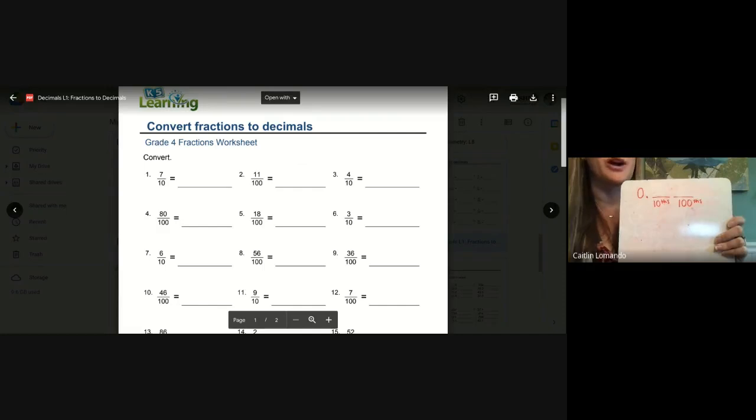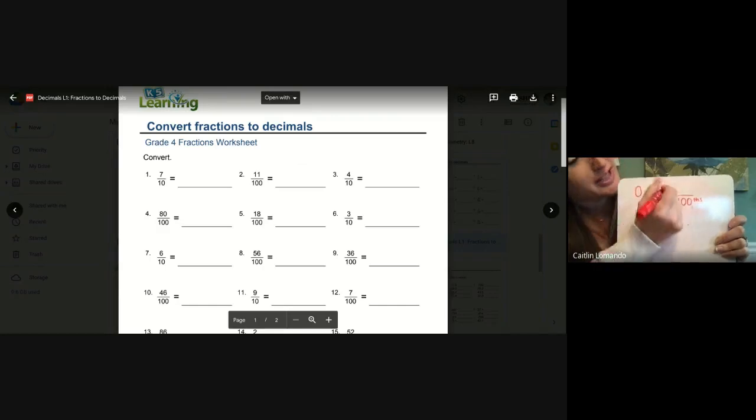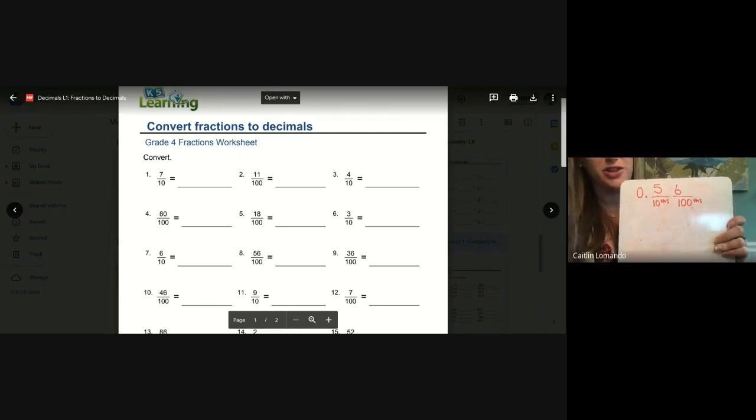0.5. I'm sorry, 56/100ths. How would we write that? I was giving you a hint right there. Let's pause and write it. 56/100ths would be 0.56. Awesome job. All right, let's look at number 9,